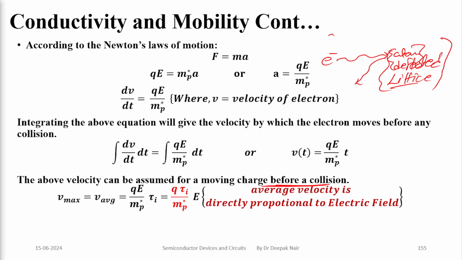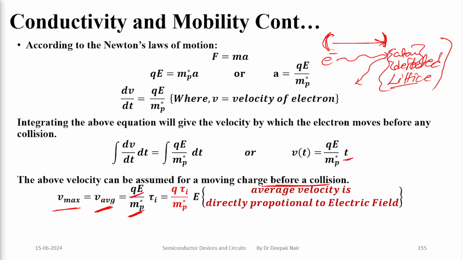So we are talking about the velocity between these two points. That is the velocity of the electron before collision, and we can say that is equal to v max, or if we average out this velocity for lots and lots of electrons inside the semiconductor, then v average is equal to QE upon m_p*,